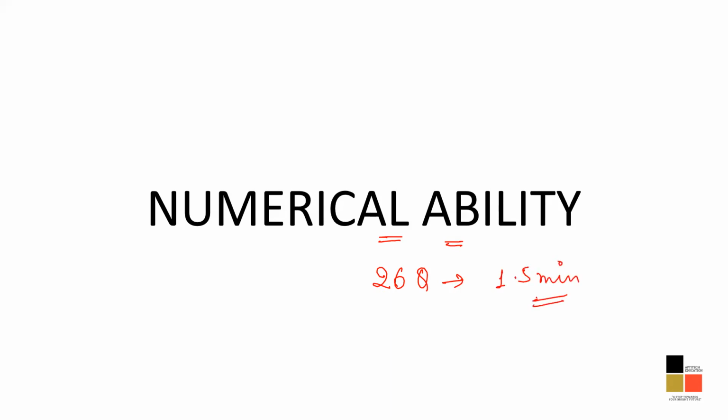Within that 1.5 minutes, you'll have to read the question, form the concept, move forward and give the answers also. You have to be very accurate and have a very good speed while solving the questions. Which is why it's suggested that you do not go by the conventional method, but by the shortcut methods for every question, so that you can do the question in as short a period of time as possible. Save the time, be accurate, so that for questions that are very difficult to solve, you'll have some time to think about them.